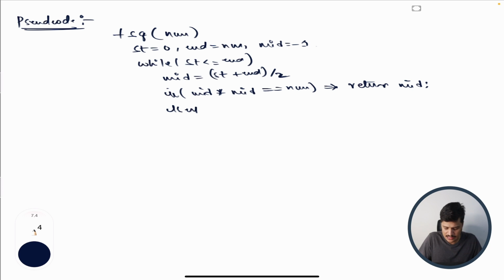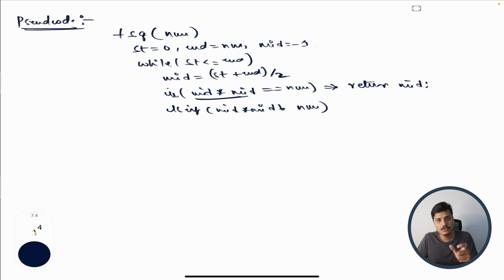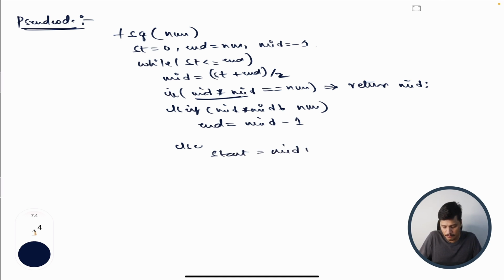If this is not the case, then this multiplied result can be greater or lesser, right? If this is greater, that means middle into middle is greater than the number, then what we should do, we should look on the left part of the array, because left parts yield the smaller or equal values. So in that case, end we will update with middle minus 1. Otherwise it is smaller, we should look for the greater value. That is the reason why we will update the start with middle plus 1. Okay, now as part of this while loop, if the number has a valid perfect square root, we will return it here. Otherwise